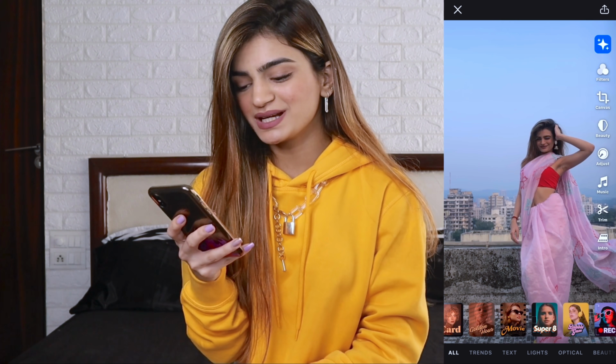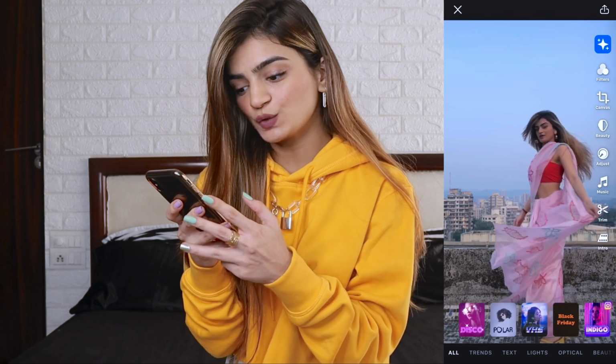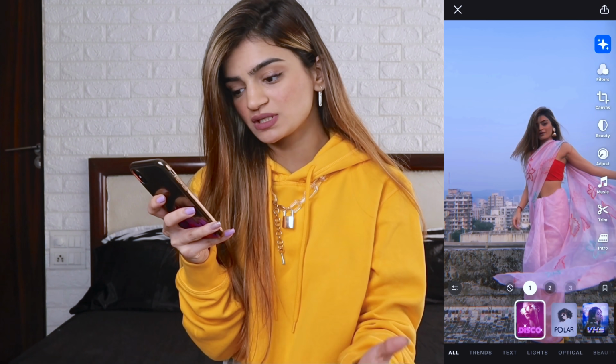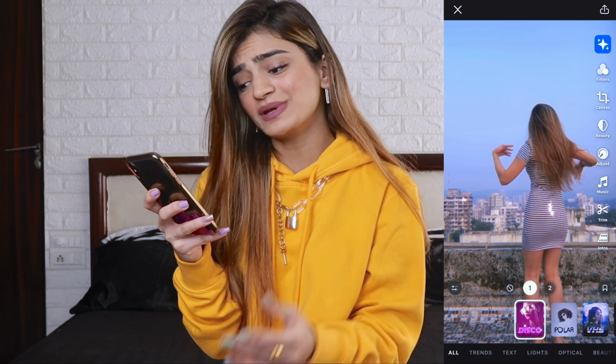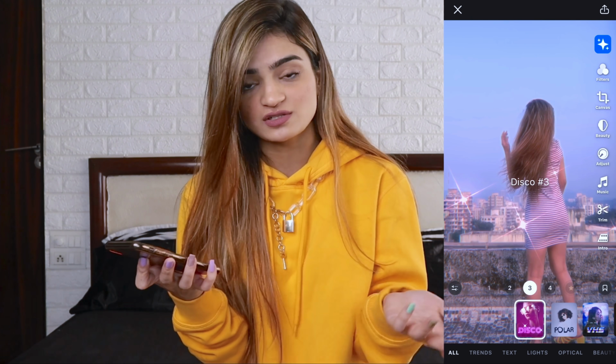This app does lag sometimes, but they have these really cool aesthetic filters. You can also adjust however you want to do it. They have many effects, many filters. You can also do many adjustments, and yeah, that's it. Let me show you the outcome.